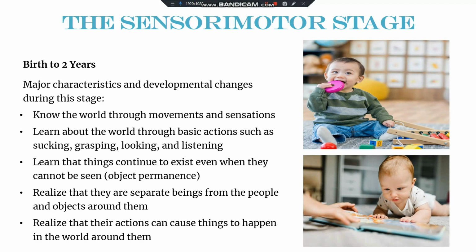That's how they perceive. That's how they try to learn. And also this object permanence. For example, as you can observe in babies, they know who their mother is. If their mother is gone, they will try to seek for her. Even if they cannot see her, they learn that their mother exists.